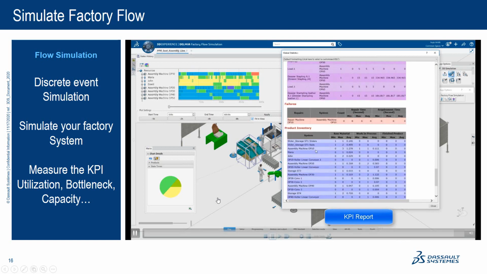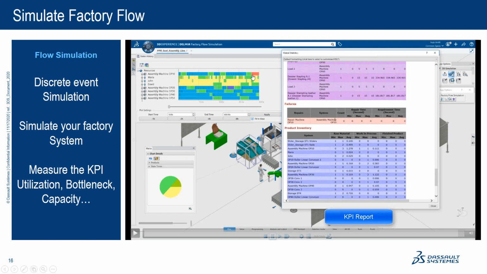And one thing I didn't mention is the live Gantt, as we call it. Along the timeline, it will quickly give you information on what the status of the equipment was. So again, green means that the resource is working. Yellow, there is no work to be performed yet for this particular resource.